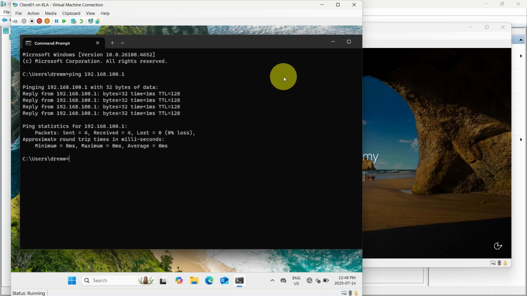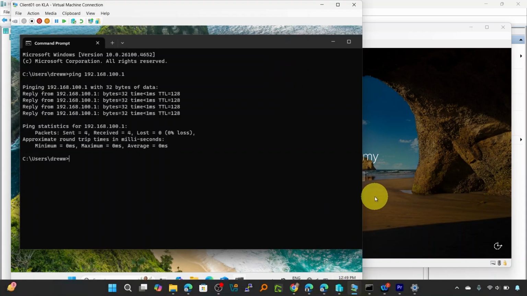But another thing I will bring up is that I have my home network, and there is a router and it has DNS. Right now our network setting is set to external, so there is a connection between our virtual network and my home network. Just to prevent conflict between these two networks, what I would do is go to the